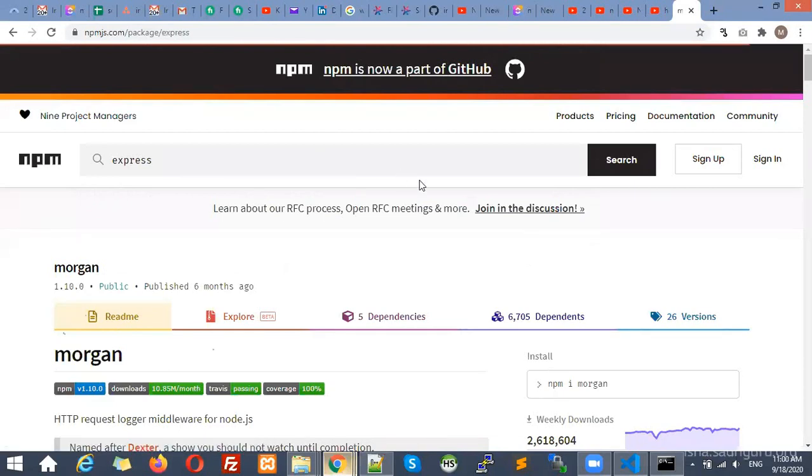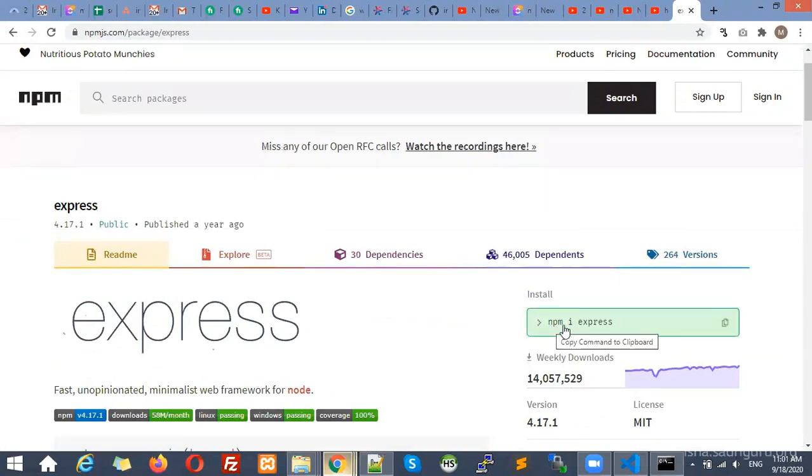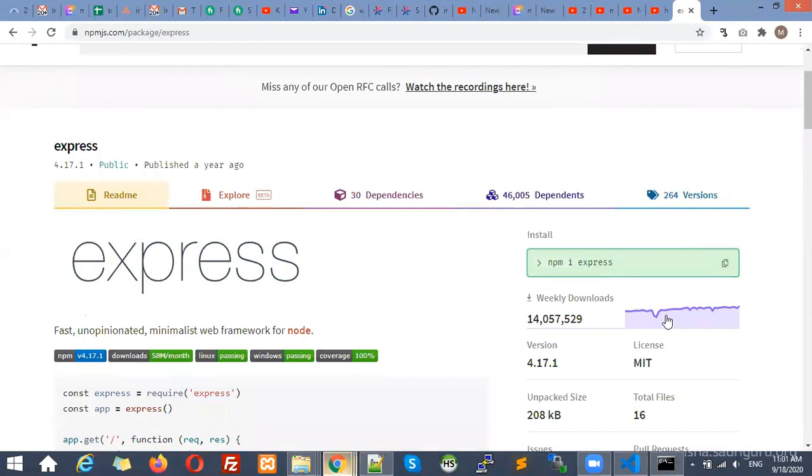The details of the express package will be available here, and how to install it, with an example. For example, if you want to install it, the command is npm i, or you can say npm install express. The same way we have typed, but we have included multiple packages, right? So after installation, how to use it is also mentioned here. You can see here it is mentioned that if you want to use the express package, you have to specify it this way.